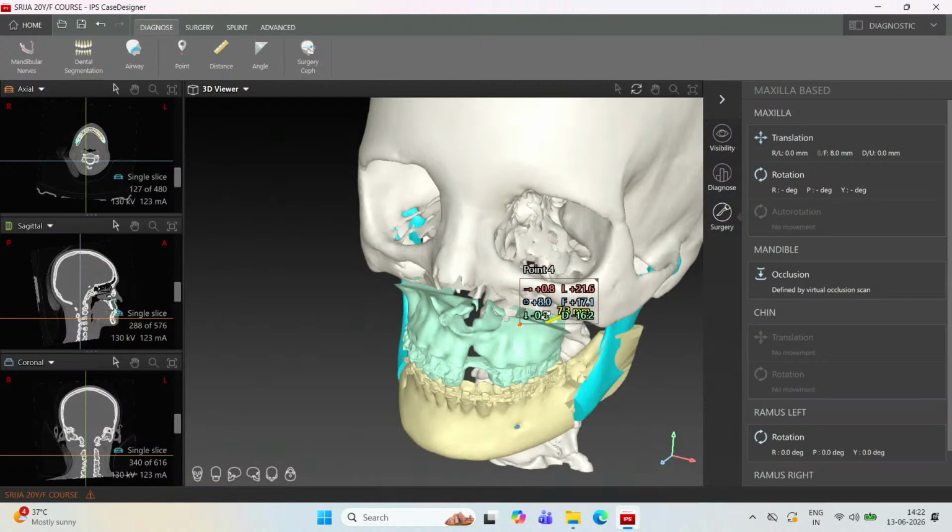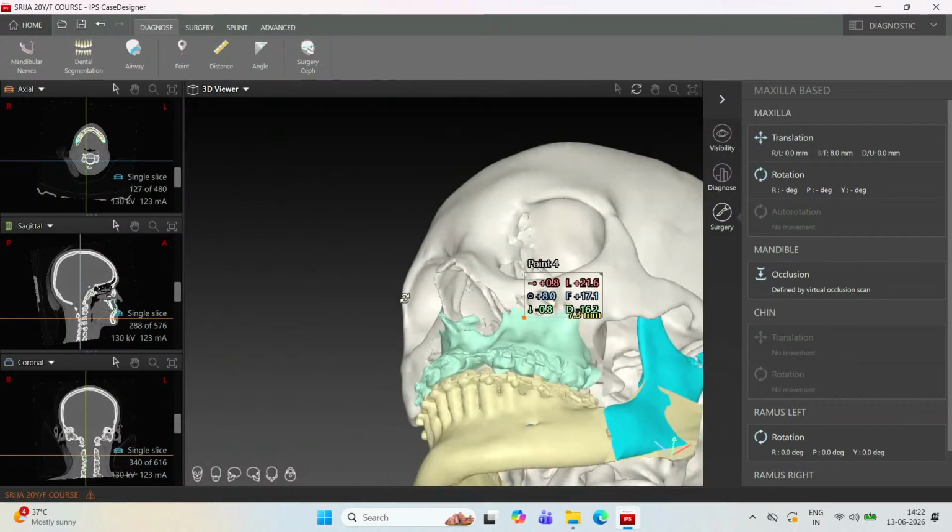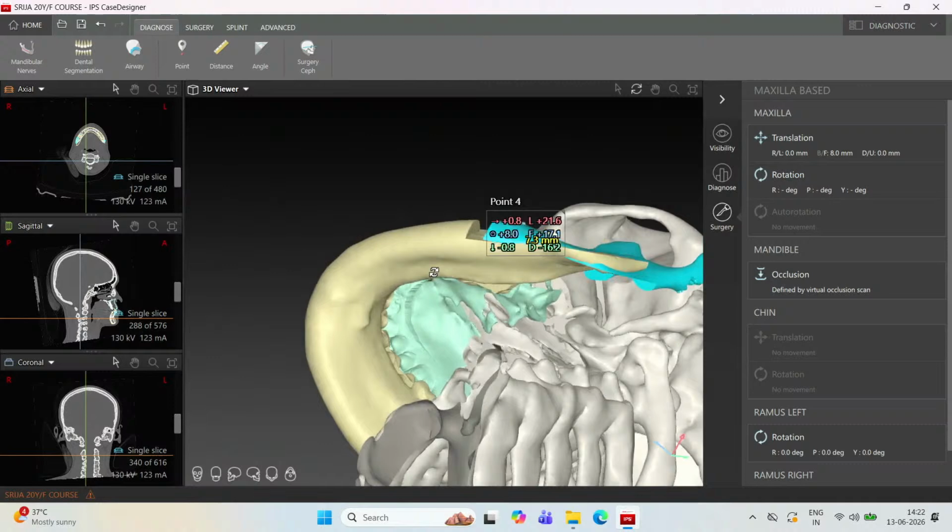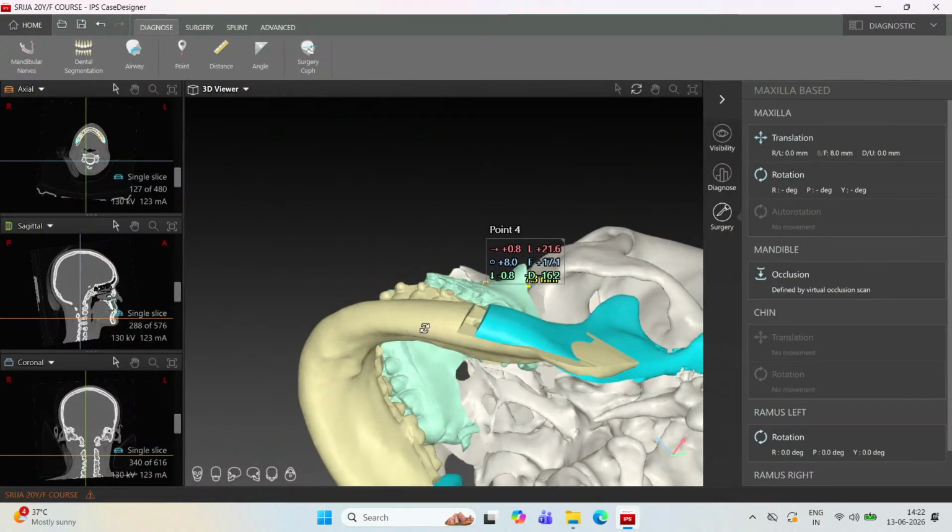So you can see here there's like minus 0.8 mm of downward movement here and anteriorly again. One more important thing, you would also want to visualize the gap between the proximal and the distal fragments. For example, we have done just 8 mm of advancement of maxilla, so we know there is 8 mm of advancement of maxilla, whereas your mandible has just followed the maxilla in occlusion. So if you actually want to know how much amount of advancement of mandible has occurred, you can again